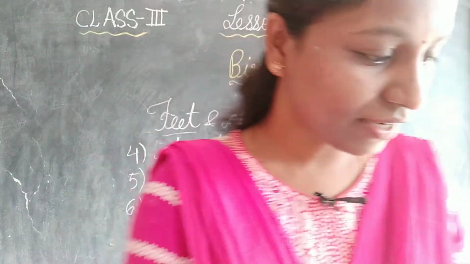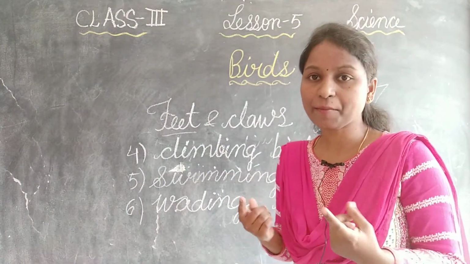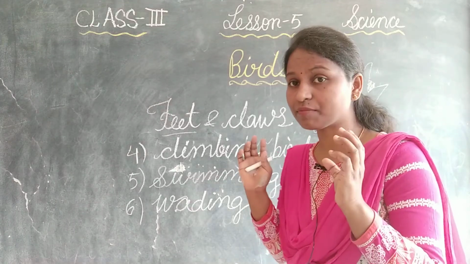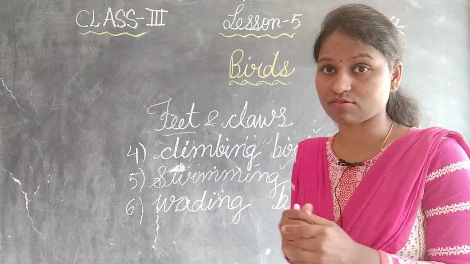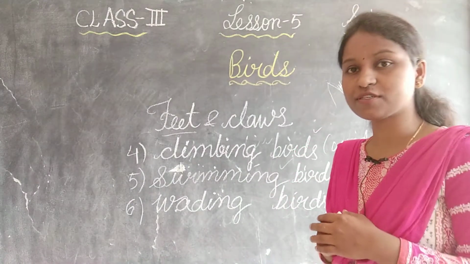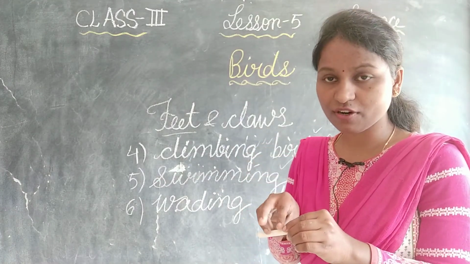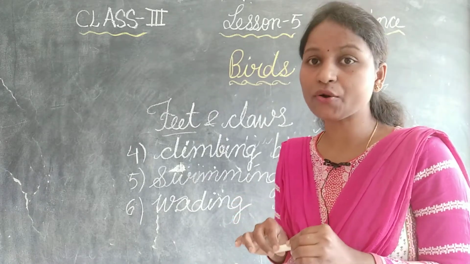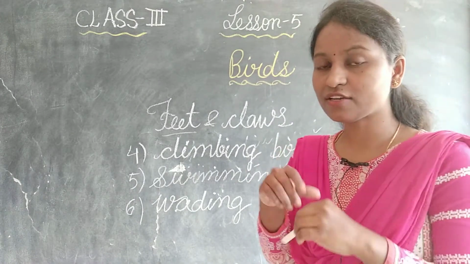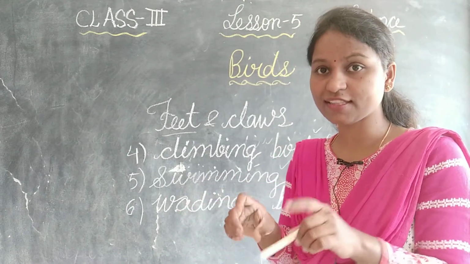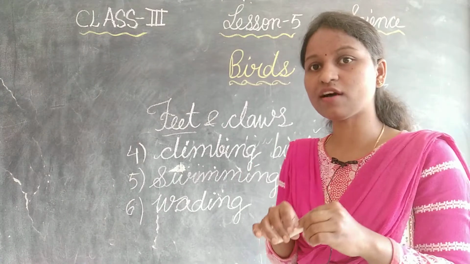So, to complete this chapter, the first one was what, children? Flesh eating birds. They are birds of prey and they have very strong, sharp and curved claws. Next one is perching birds. Perching birds help to stand on the branch, with 3 toes at the front and 2 toes at the back, like the crow. Next one is scratching birds like the hen. They go onto the ground and search and dig the ground with the help of what, children? The toes, 3 toes in the front and 1 toe at the back.